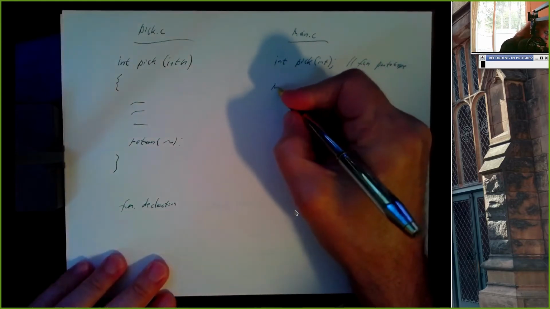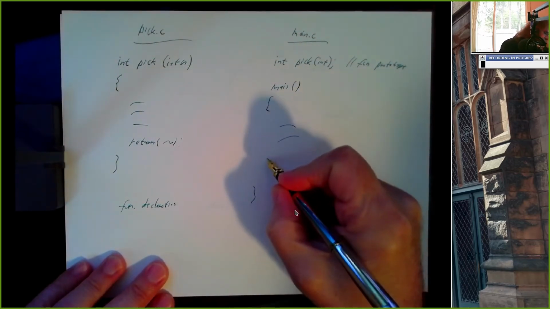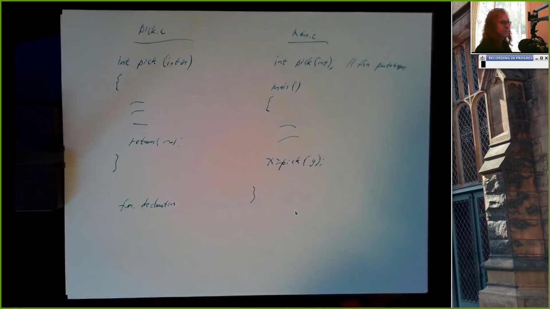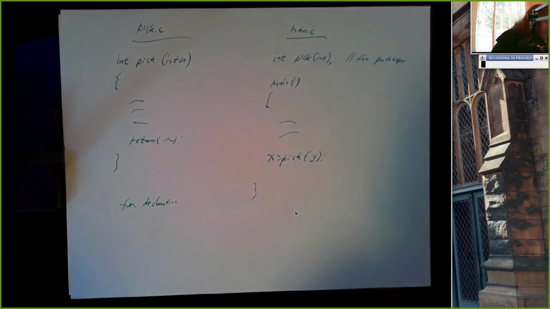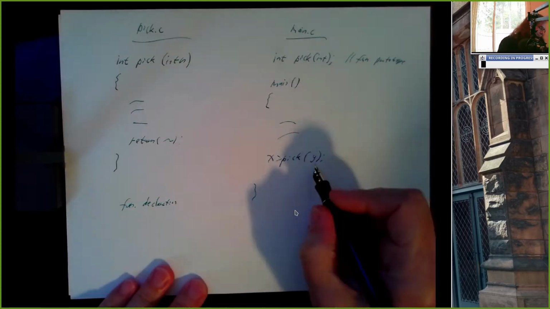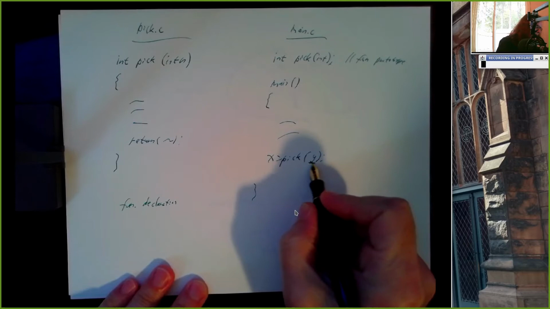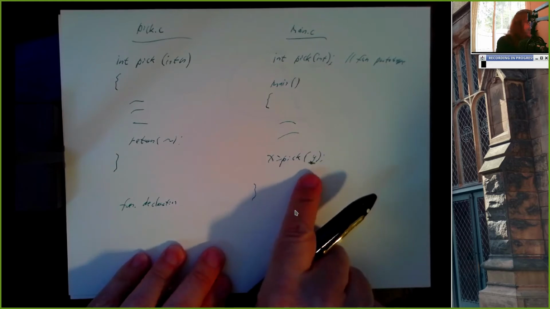And then this would be our usual main that would do some stuff, and at some point it might say something like x equals pick parentheses y. And presumably y and x are both integers, and the linkage here is when the code executes, it gets here, it says, okay, I'm going to call a function pick. It looks at the value of this expression, right? So the buzzword is passed by value. So it looks at the value of y,